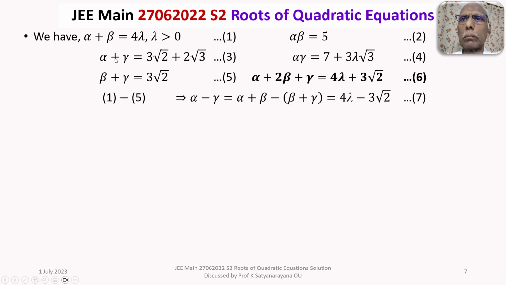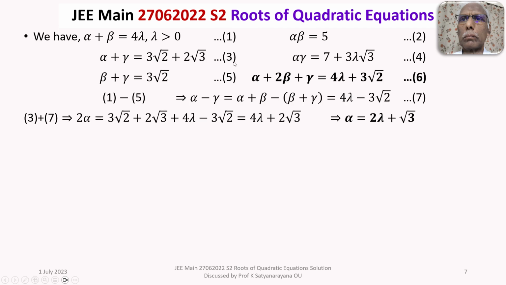We know alpha plus gamma from equation 3. If we add, you will get 2 alpha in terms of lambda, and from that gamma also, you can get the values. So, let's see, equations 3 and 7. In equation 3, we have alpha plus gamma. In equation 7, we have alpha minus gamma. So, if we add, gamma cancels and 2 alpha is equal to